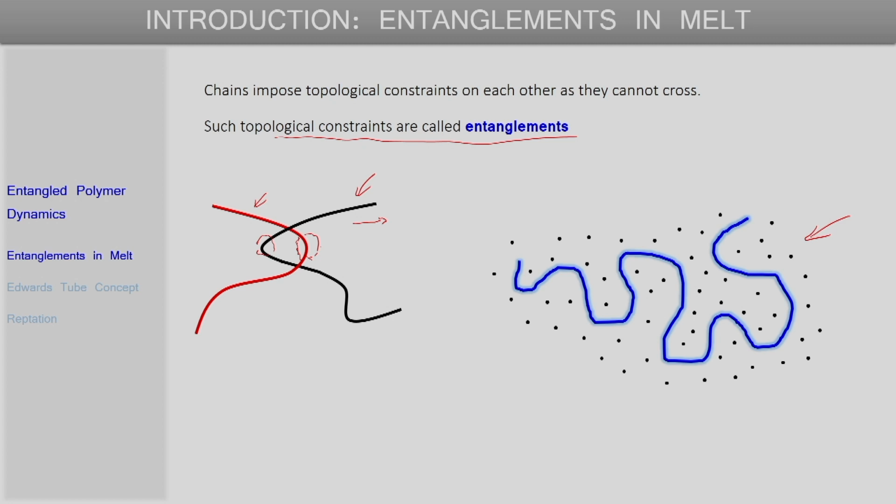Okay. So, if that is the case, then what we can say is that this polymer chain is not free to move about or diffuse in any which way that it likes. Its motion is constrained by the presence of all these dots, which represent the effect of the chains surrounding this highlighted polymer chain. So, all these constraints restrict the diffusion of this polymer chain, and due to this restriction, this polymer chain can only move in a way which avoids all these obstacles that are present,